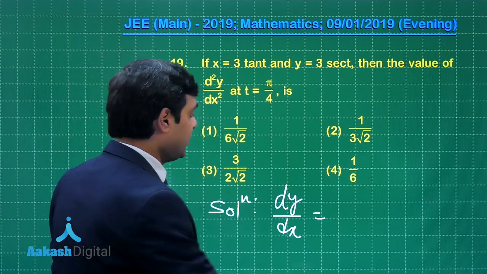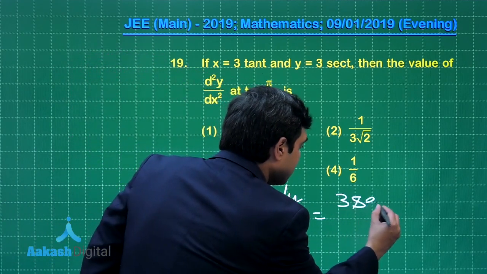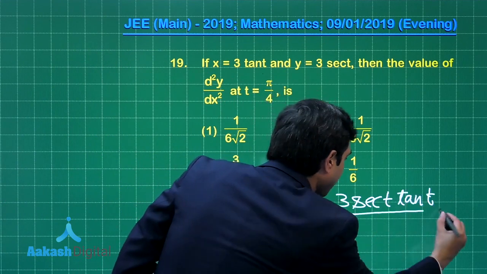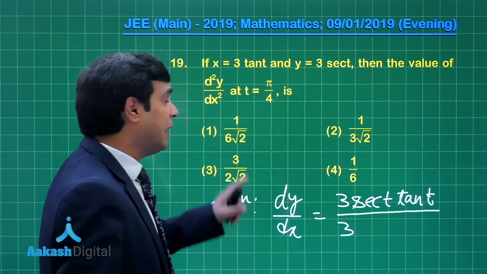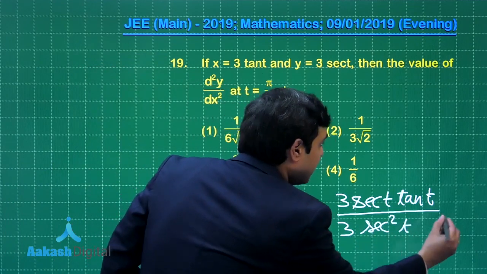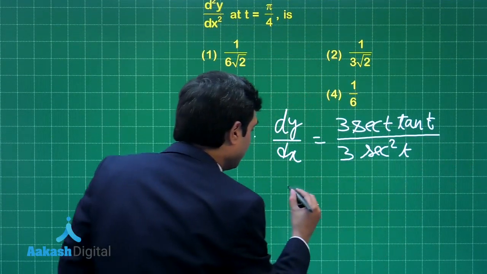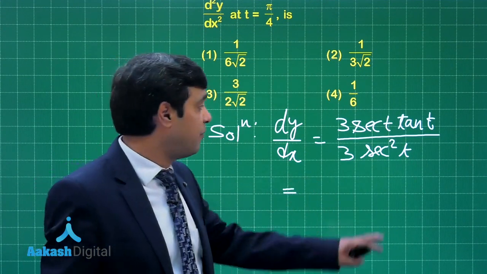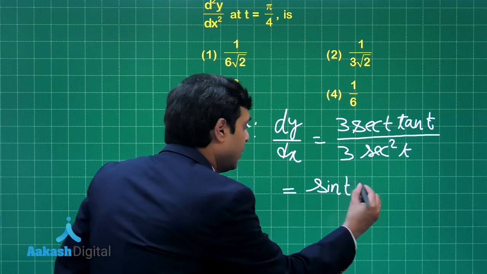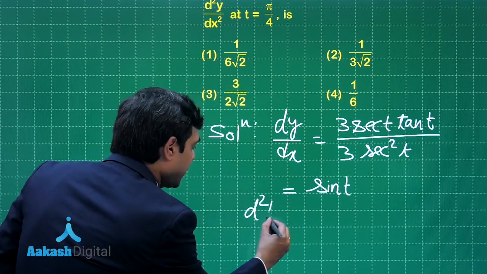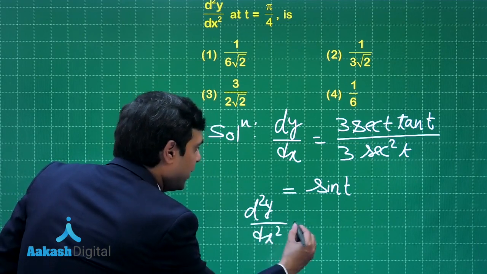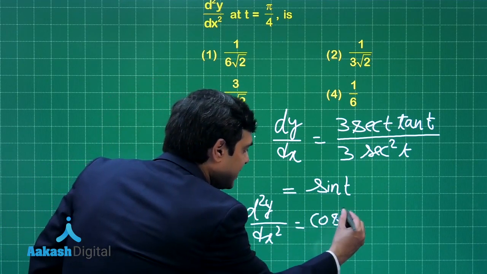Dy by dt, that is 3 sec t tan t, divided by dx by dt: 3 tan t was there, its derivative is 3 sec square t. Simplify, this gives you 3 and sec t are cancelled, we are left with tan t by sec t, or simply sin t. Differentiating again with respect to x, we get d2y upon dx square is equal to cos t